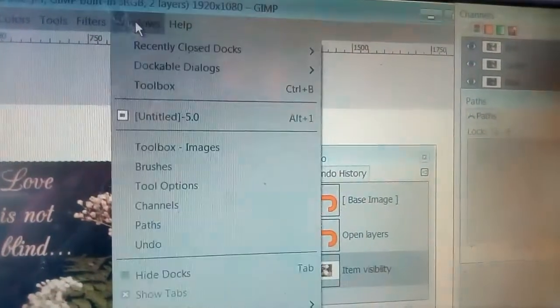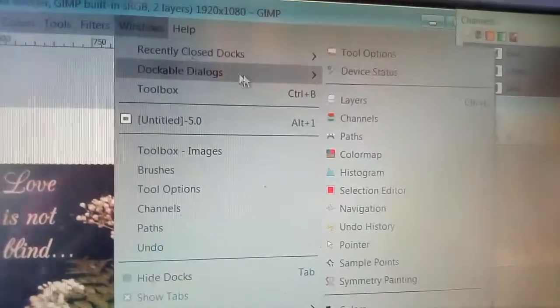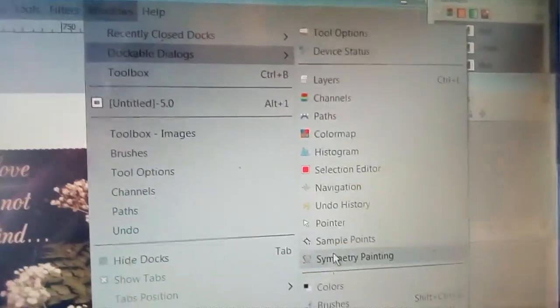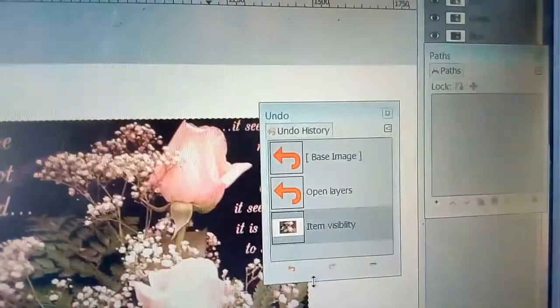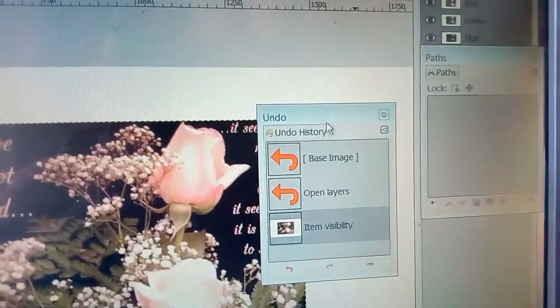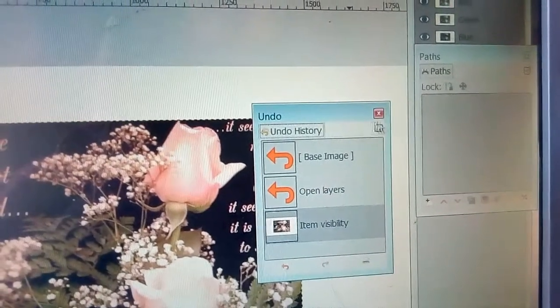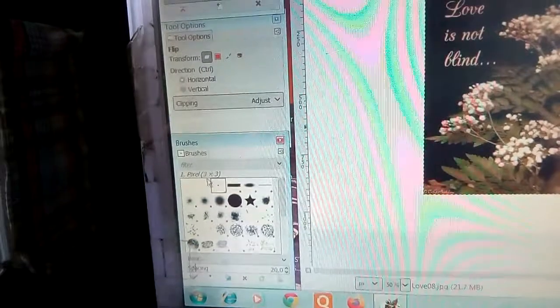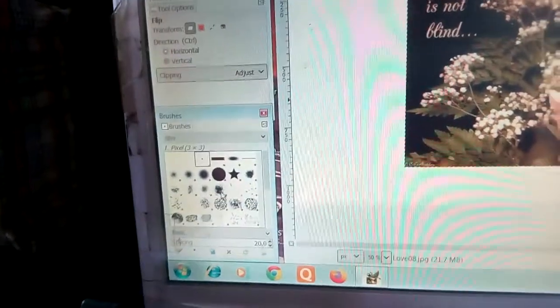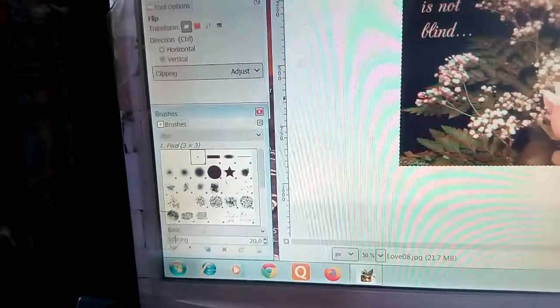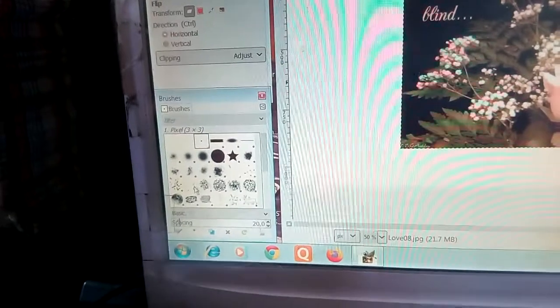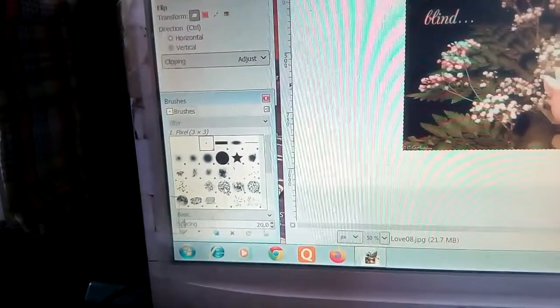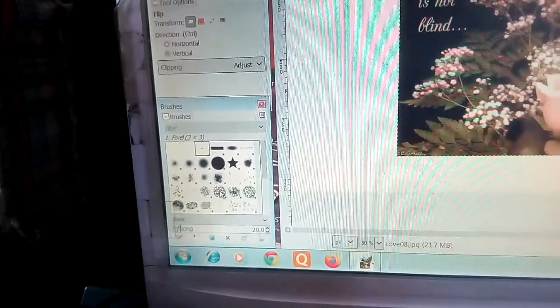Again I'm going through dockable dialogues, undo history, brushes. Here you can see the brushes dialog has come. Okay, so here you can see the different types, styles and sizes of the brush. Is it clear?